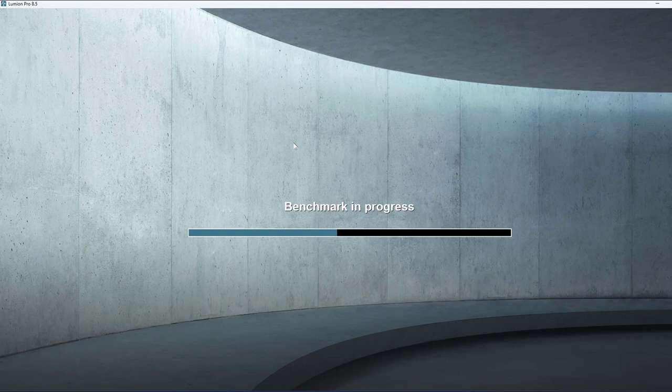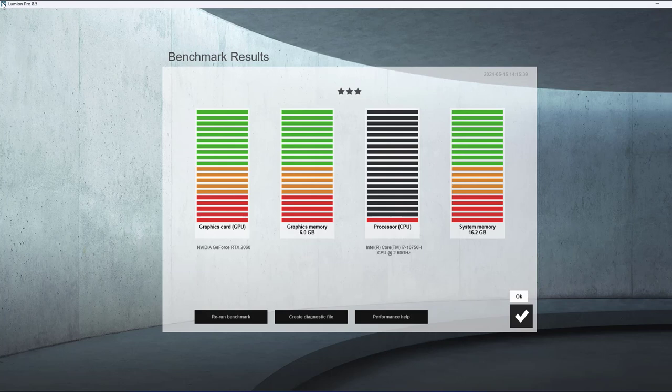Once you install any version of Lumion, you get the icon on your desktop. You just double click to open that particular icon, and make sure your internet is off before running Lumion. Here you can see I am using Lumion 8.5. Whatever version you install, you can see it here, and this is the icon.